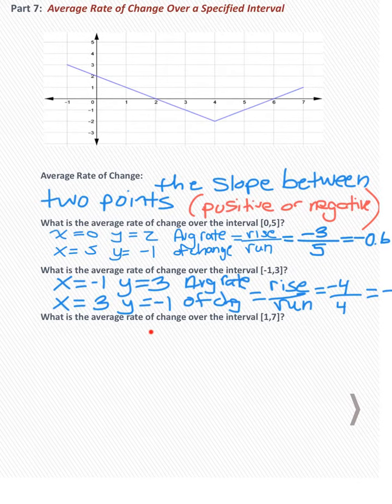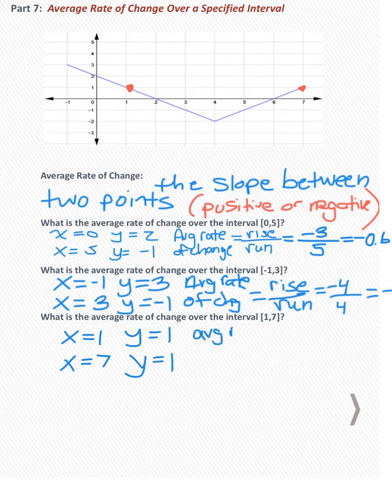Last example, what is the average rate of change over the interval 1 to 7? So we've got +1, our output is also a +1, and at 7, our output is +1. You should already be anticipating what our average rate of change is here. Okay, so at x equals +1, our output is 1. At x equals 7, our output is +1. So our average rate of change